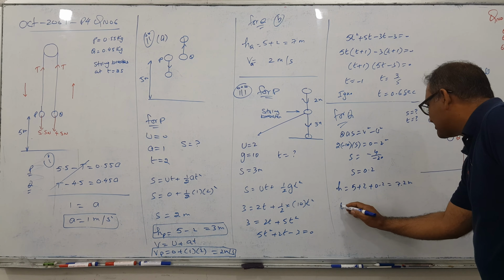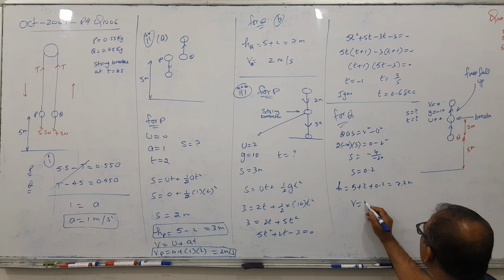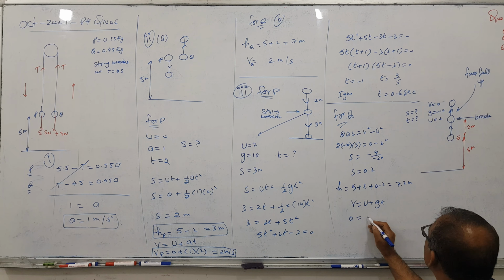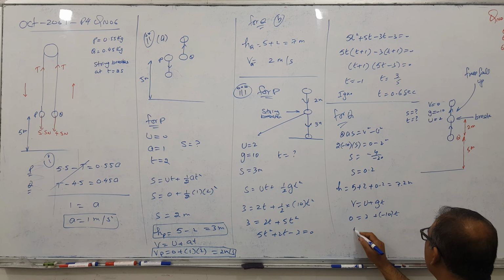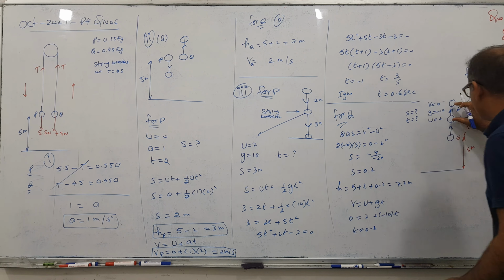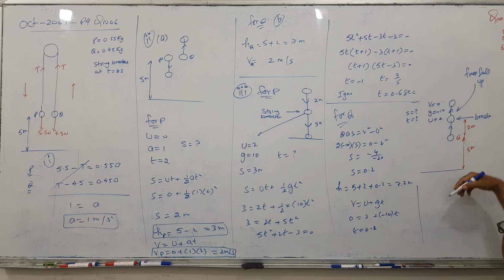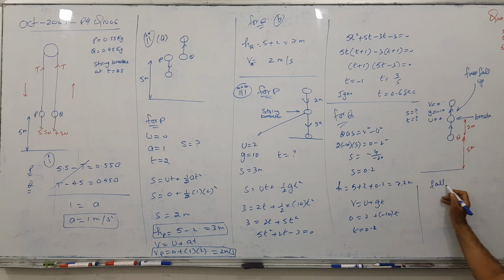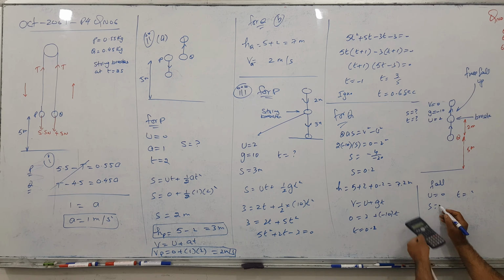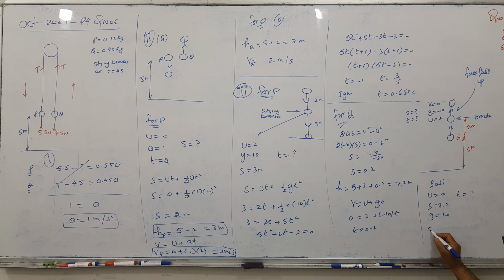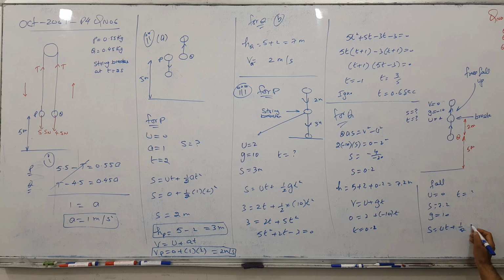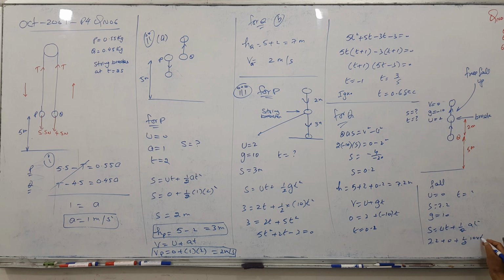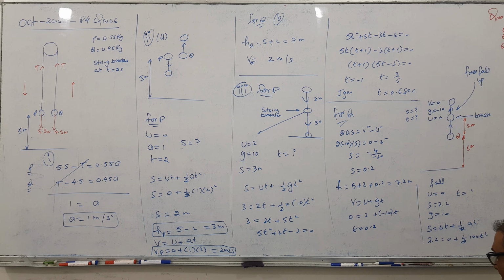And time we can find. What is the time here? V equals u plus at, or gt. V is 0, u is 2, gravity is negative 10, and time becomes 0.2 seconds for this part. Okay. So now it will fall down. While falling down, u is 0, time is my target, S is 7.2 meters, and gravity is plus 10. So S equals ut plus half at square. S is 7.2, u is 0, and half times 10 into t square, so it is 0 and 5. So 7.2 by 5, and take the root, it